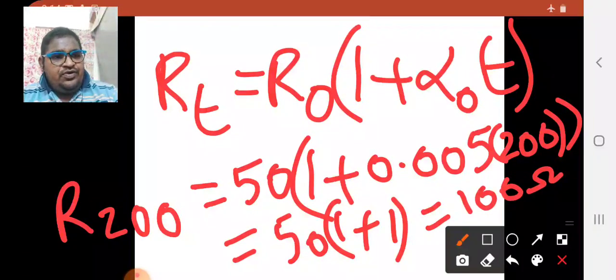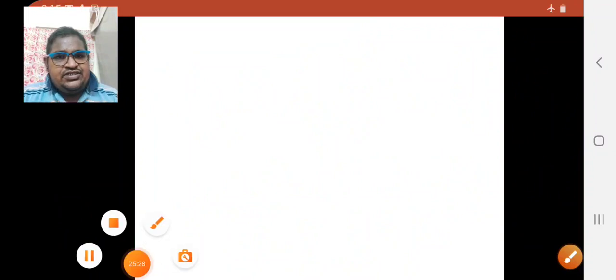Okay, I hope you got this. In the next class, we will see more about how we can calculate the inductance of the transmission line. This is a lengthy topic, so if possible we will take 3 to 4 sessions to complete the calculation of inductance of transmission line. And today's topic is over, that is calculation of resistance for solid conductors.